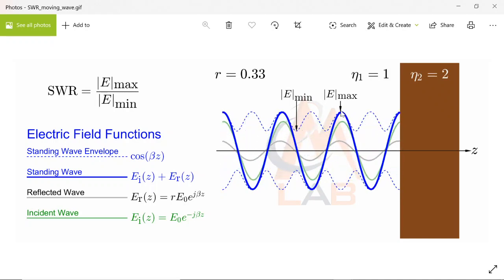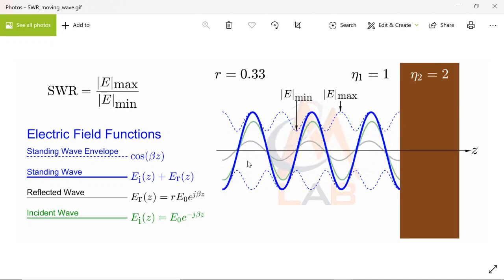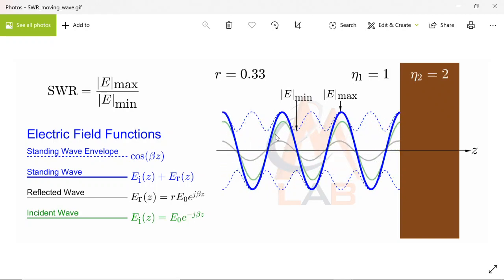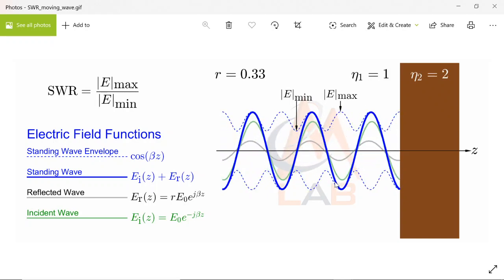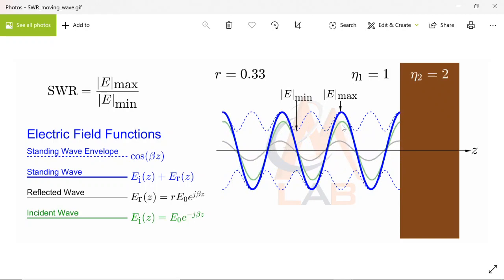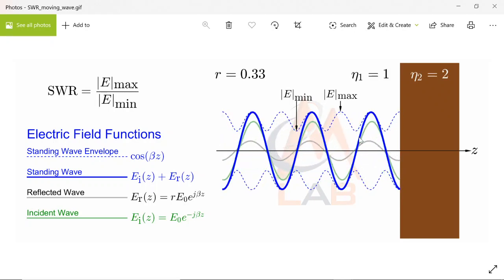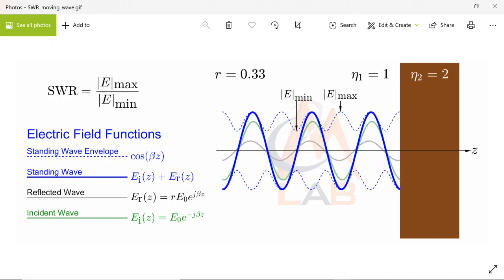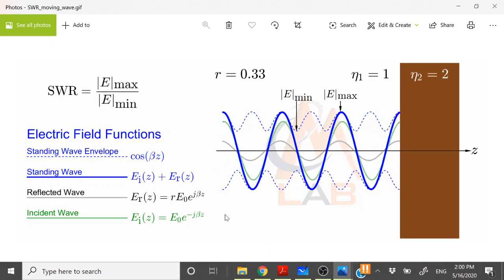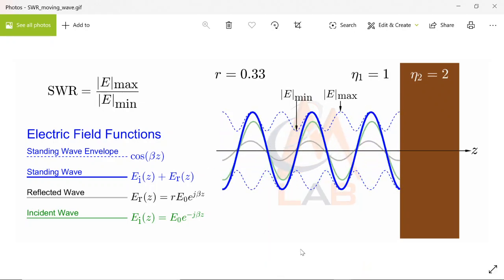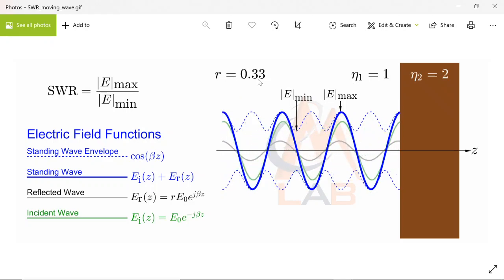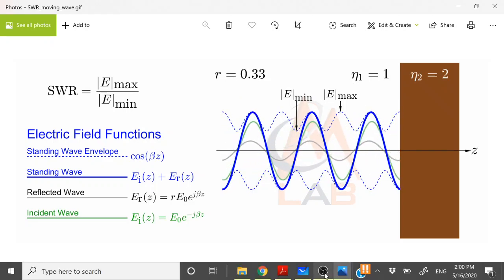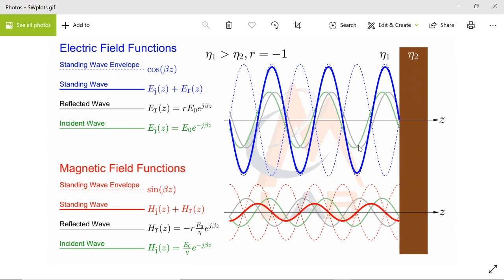This is because they are not exactly the same. So the resultant wave also looks like it is moving, but it is also making a standing pattern. So you have the standing patterns in this case. This is how the standing wave ratio looks for this particular case. Okay, the case where gamma is exactly minus 1 or 1 we have seen in the earlier one, so it will look like